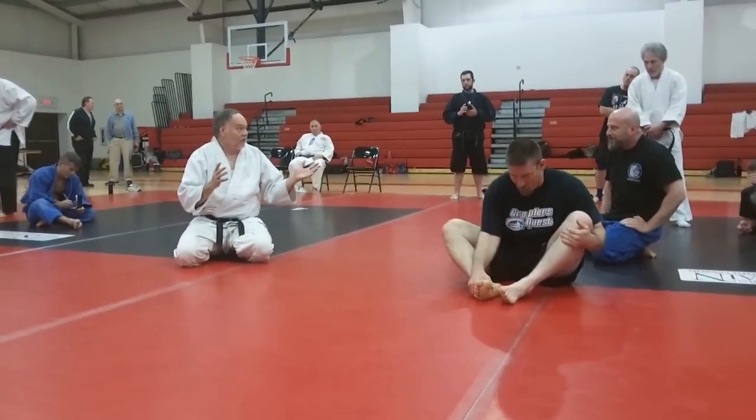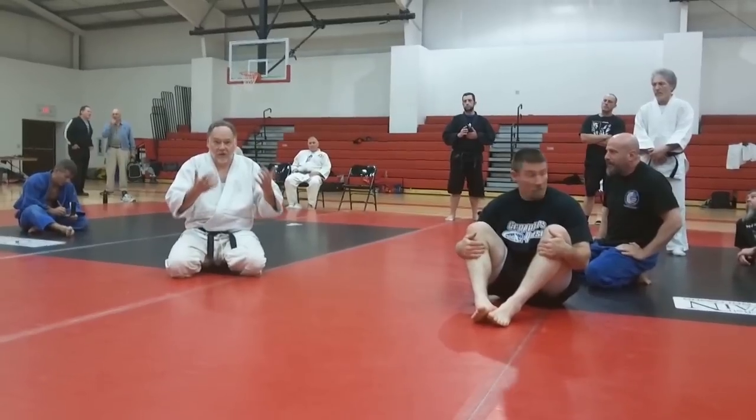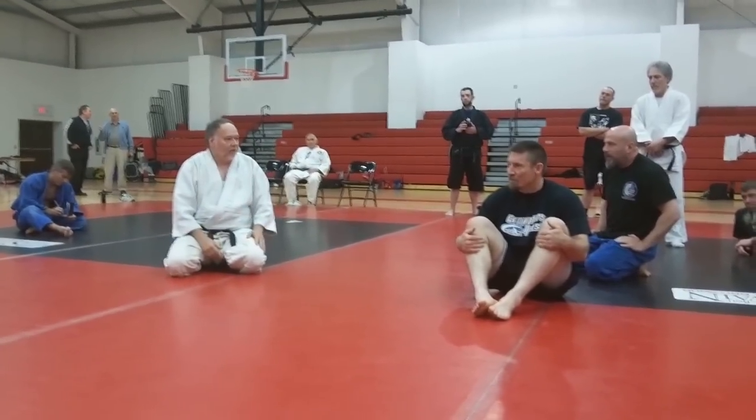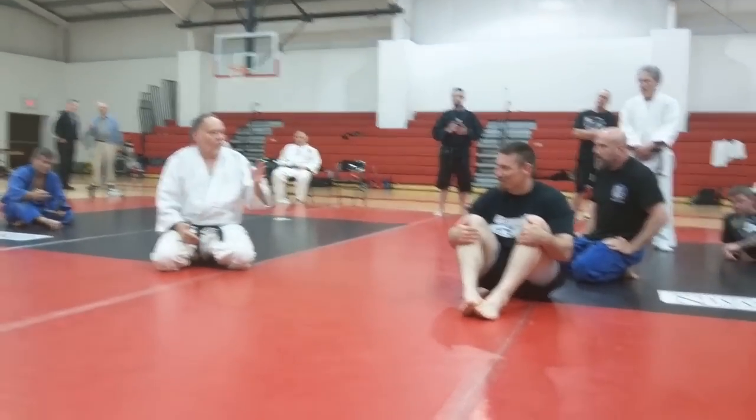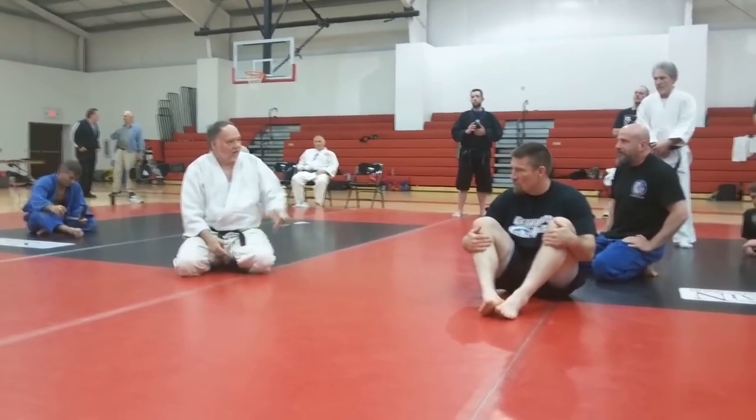Work off your flanks anytime you're in guard. You don't want to stay flat unless you purposely do it where you're killing time and eating up the clock or something, that's one thing. But this one, we want to actively get his legs spun out or moved out and get the